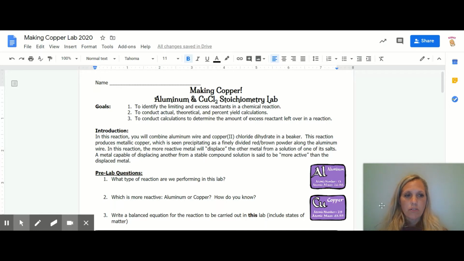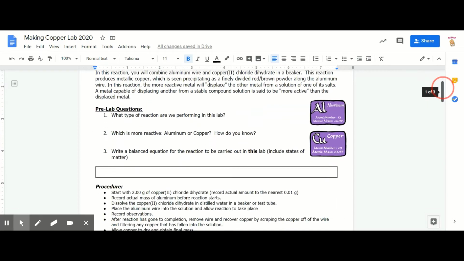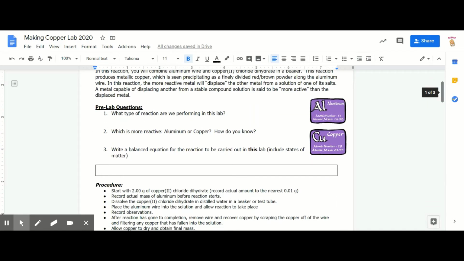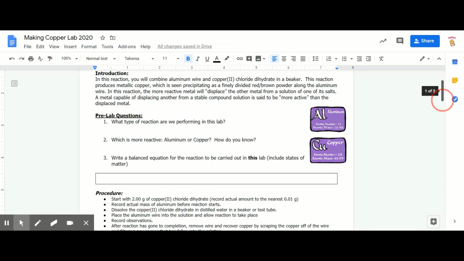So to answer the pre-lab questions, we're going to take a look at those. The first question asks, what type of reaction are we performing in this lab? Keeping in mind that we are reacting the element aluminum with copper 2 chloride, an ionic compound. To figure out which element is more reactive, you will need your activity table off of the back of your purple sheet, or you can use an internet resource or the textbook to figure out